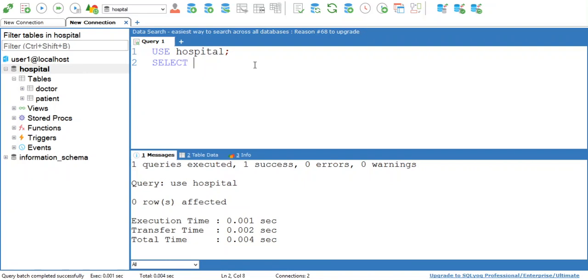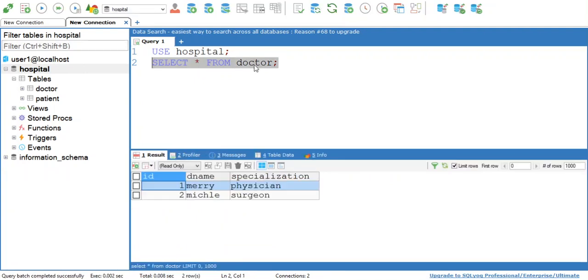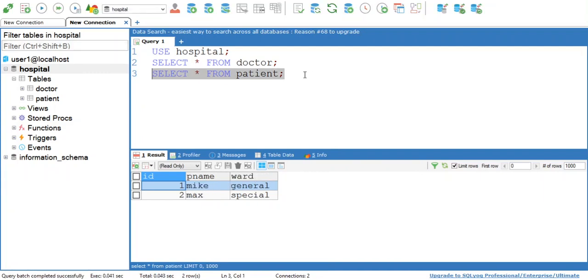Now select star from doctor. This is the doctor table. Then select star from patient. This is your patient table. Now see, you can access both the tables because we have given permission for both tables.